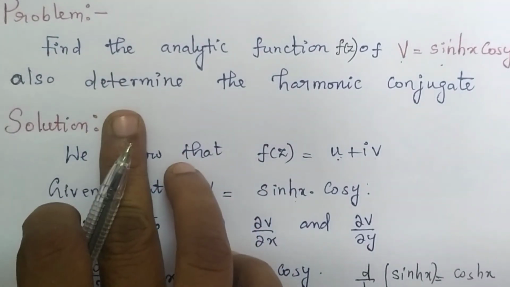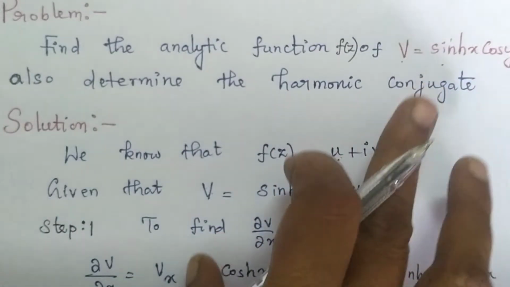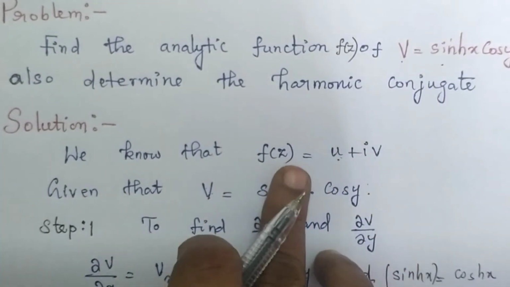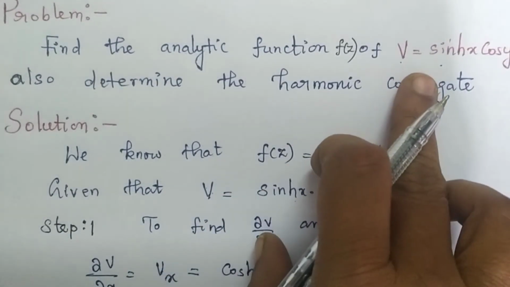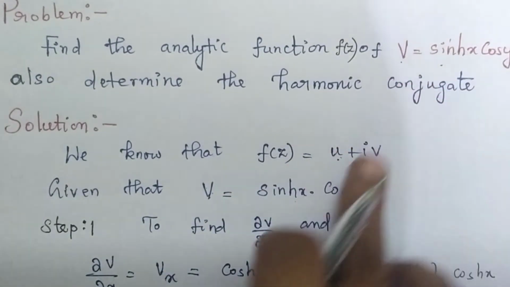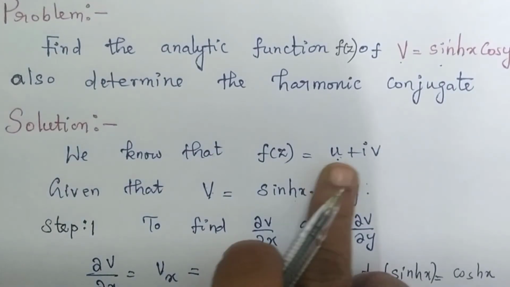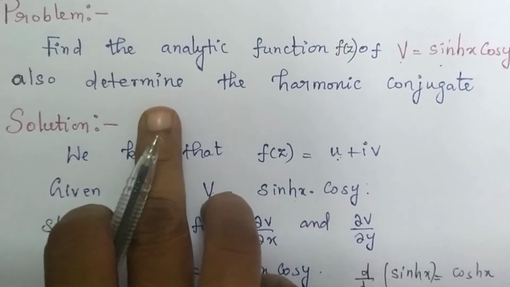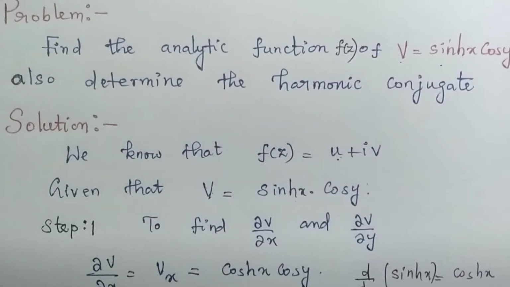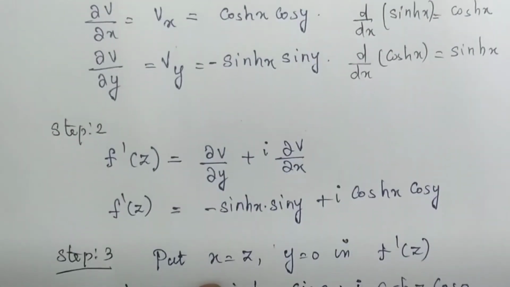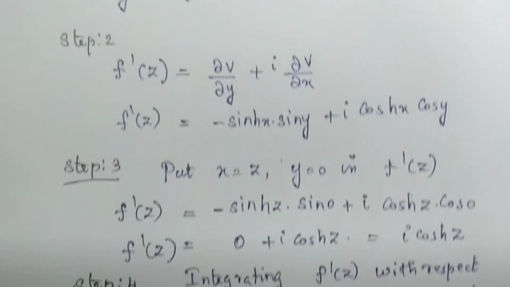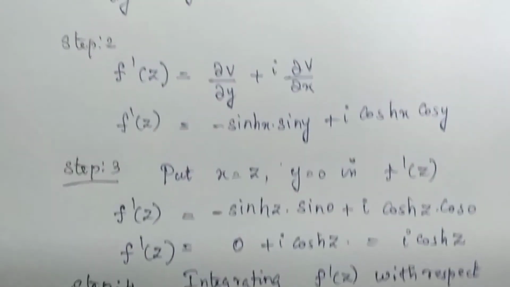And the second question is we have to determine its harmonic conjugate. Okay. So we have to find the harmonic conjugate of this. So what is the harmonic conjugate of v? The harmonic conjugate of v is nothing but this u. u is the harmonic conjugate of v. So that means we have to determine u. So now we have this f of z. From f of z, what we have to do is calculate u. That is our aim. Right?